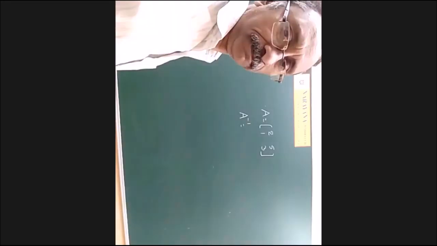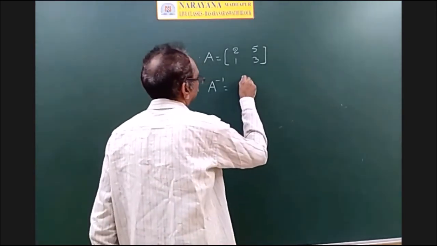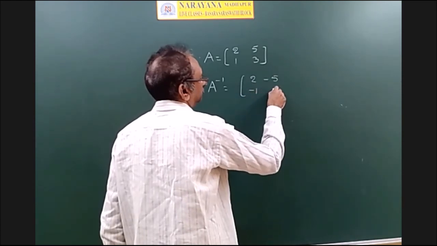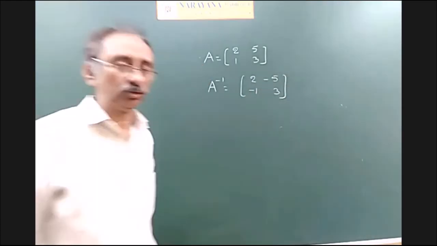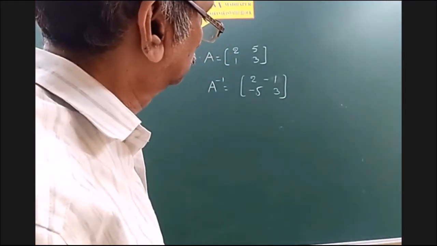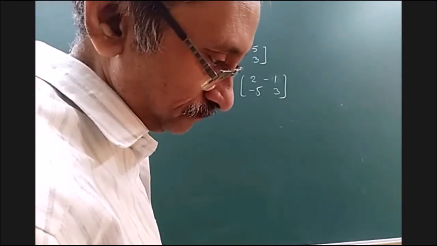Pritham? Sir, 2 minus 1 minus 5 3. Is it true? I will ask another one. Sir, 2 minus 1 minus 5 3. Okay, so 2 minus 1 minus 5 3. Then again I will ask. Snehita, is it correct? Yes, sir. 2 minus 1 minus 5 3. Okay, so if it is the correct one,